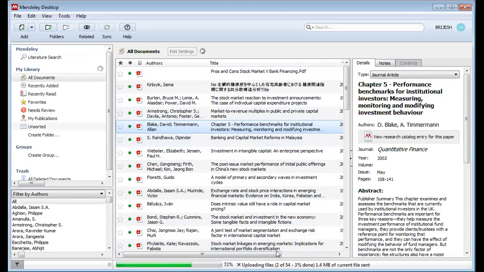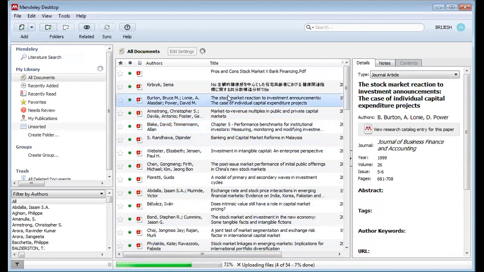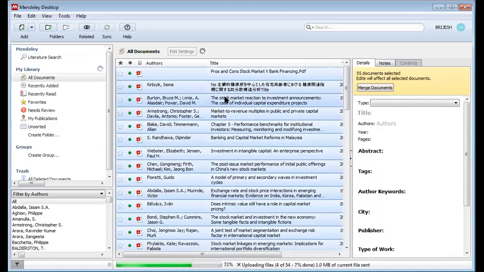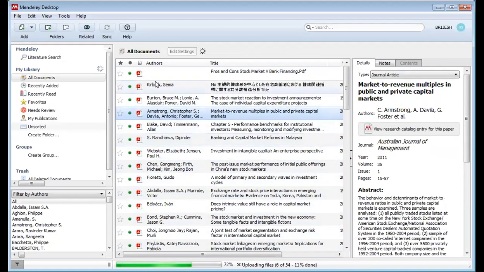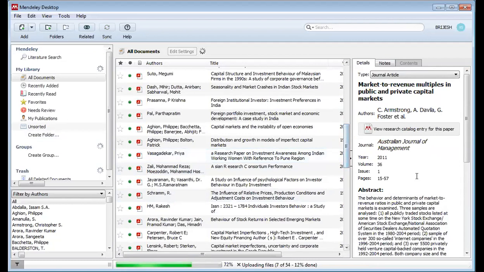Here it is showing 2 of 54. So there are totally 54 files in this platform, and only 5 have been processed so far. So it will even show you the number of items. Let me teach the basic features of this Mendeley desktop until the files get synchronized.